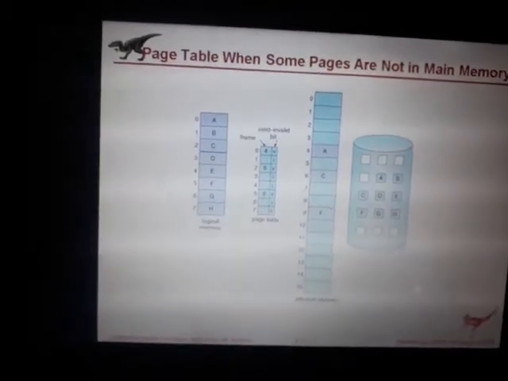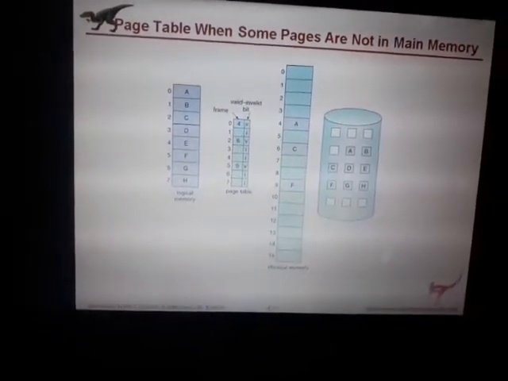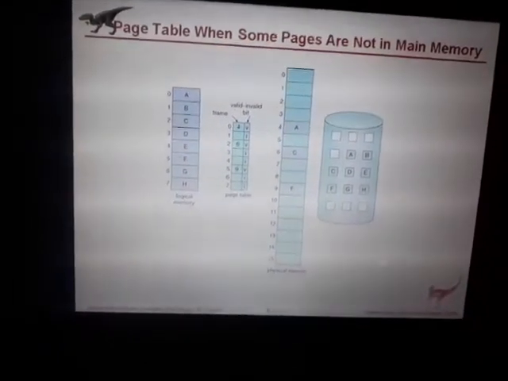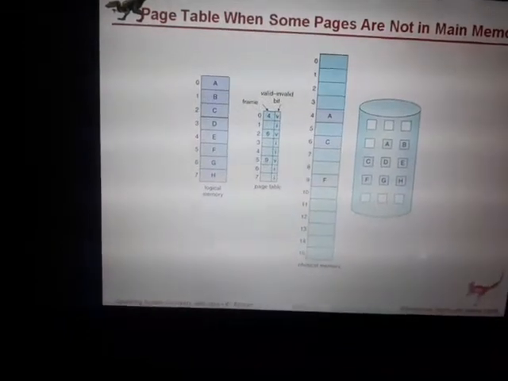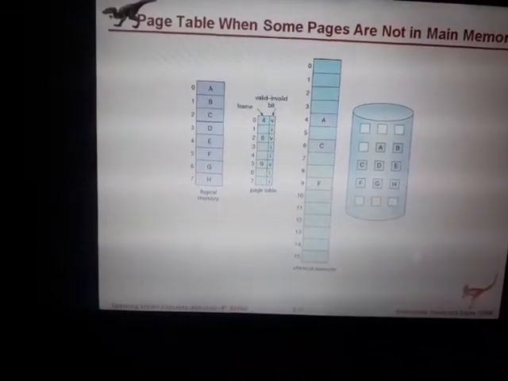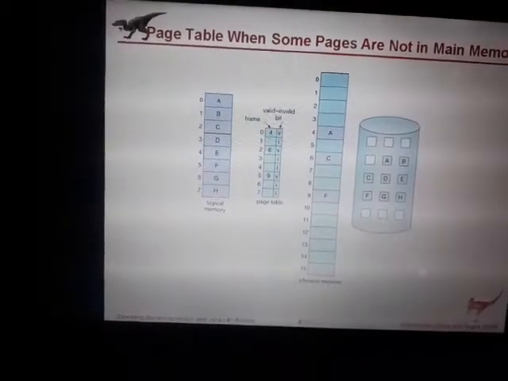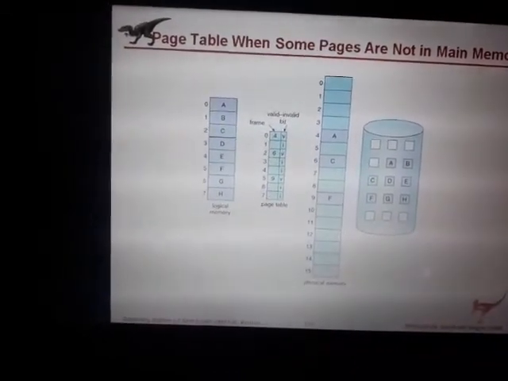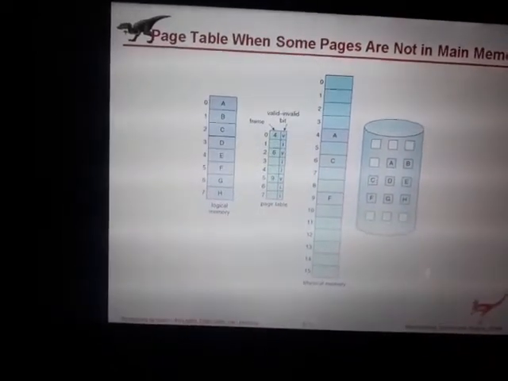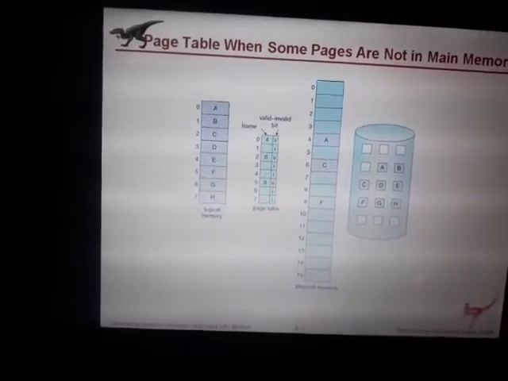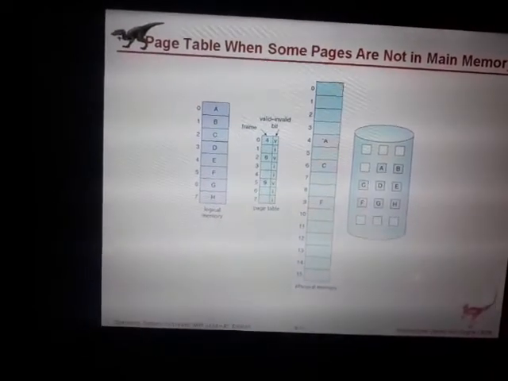Page table when some pages are not in the main memory. So logical memory, see the elements of the logical memory, then the physical memory, then page table and a disk. A disk has all the elements which exist in the logical memory, and some part of the elements of the logical memory is placed in the physical memory also.